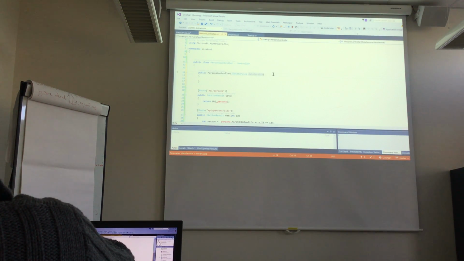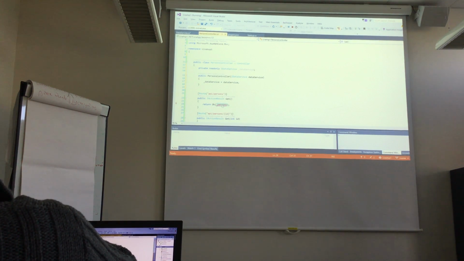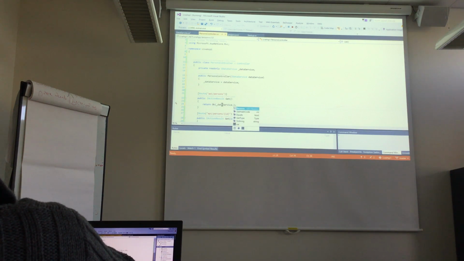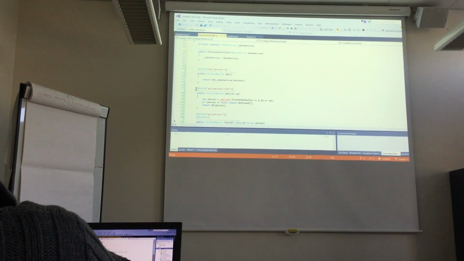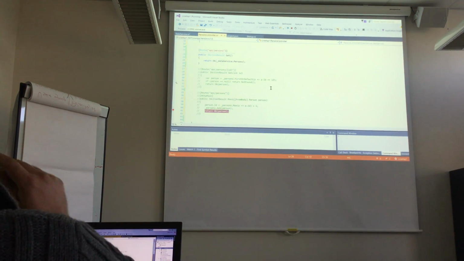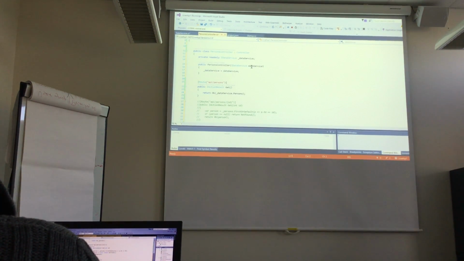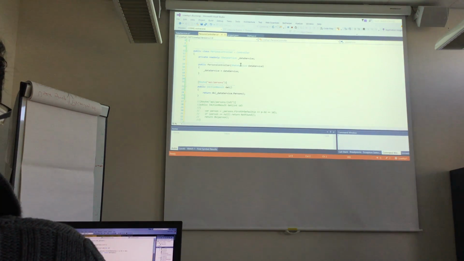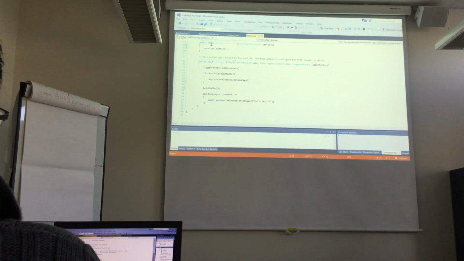Visual Studio can also help you here by, say, introducing the field, the data service. So it should be the data service dot persons that should return here. Just uncomment this part here for a second. So now I have this in dependency injection here. I want the framework to inject something here, and I have to go to the startup and into the services here